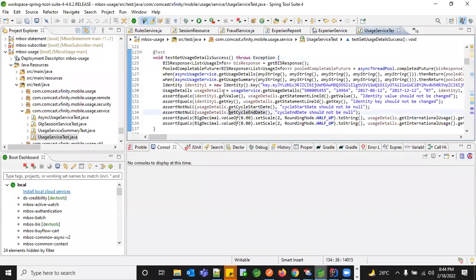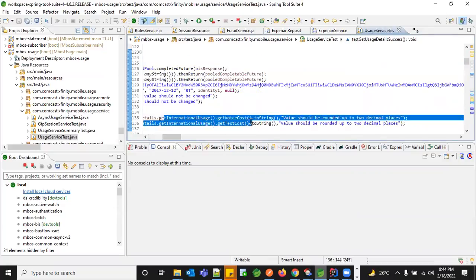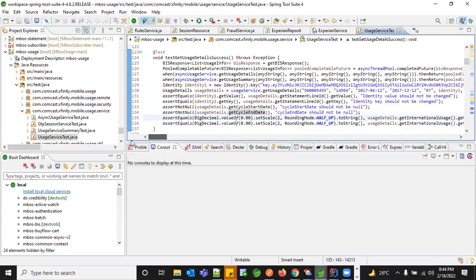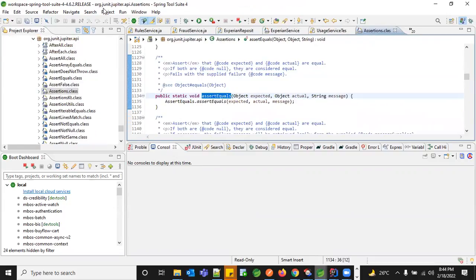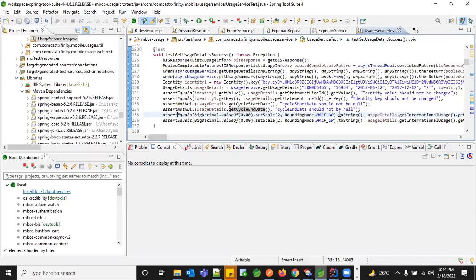So in my scenario, I'm getting some value for this particular thing, the voice cost. And for the voice cost, I have given some value in this format. Only if these two match, the assertion is true. So this assertion is something you get from your JUnit test cases, where you can evaluate all kinds of scenarios, so that the execution, if you see here, this is the actual method which is getting executed.